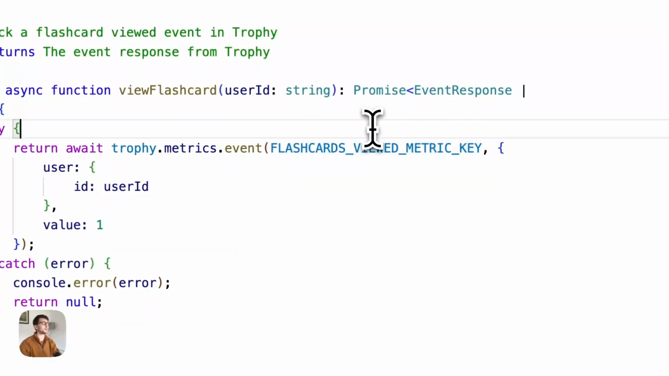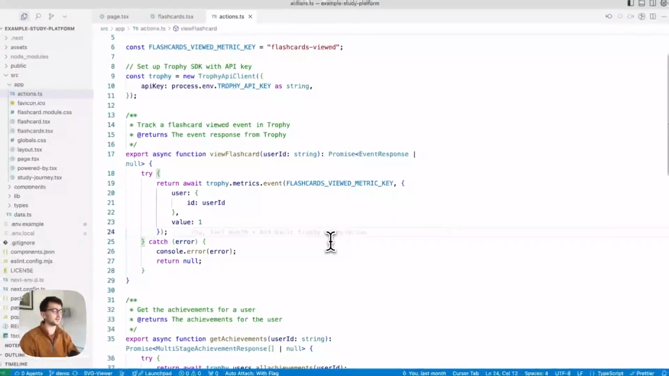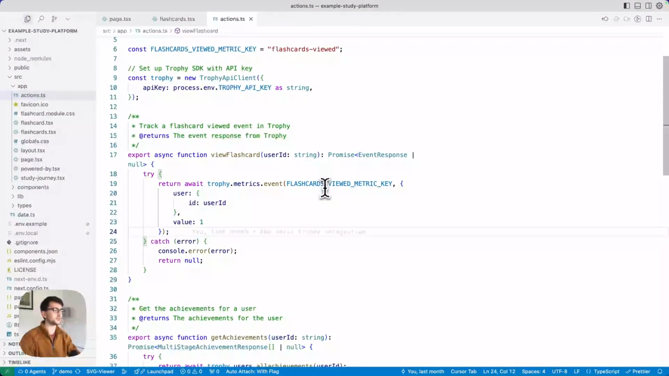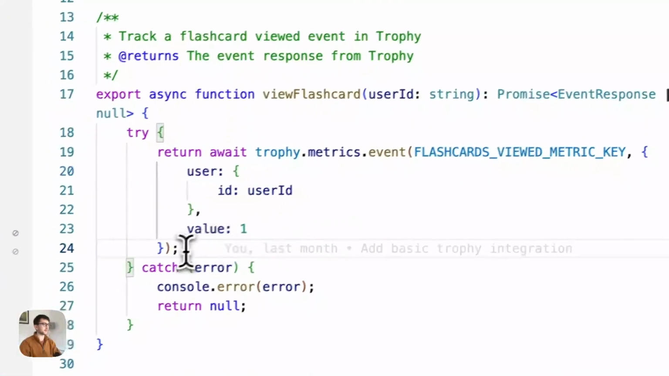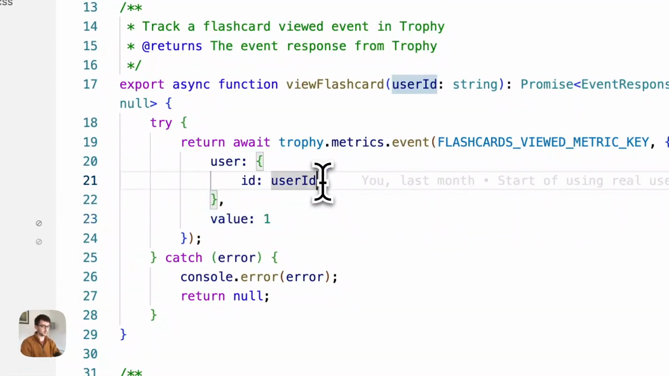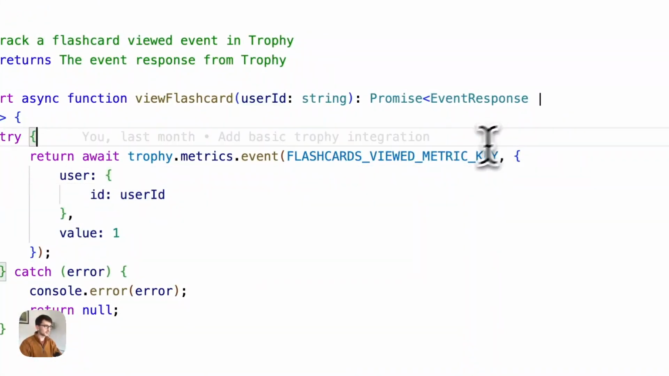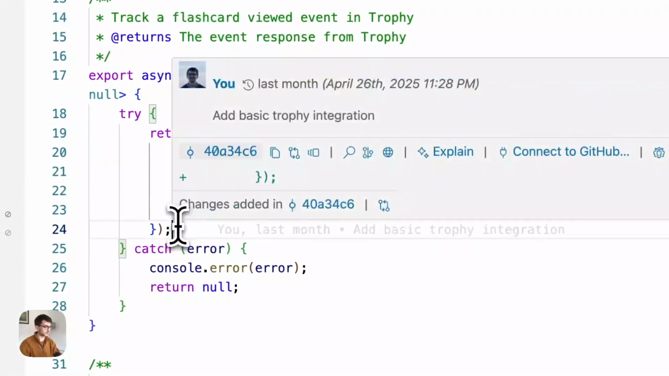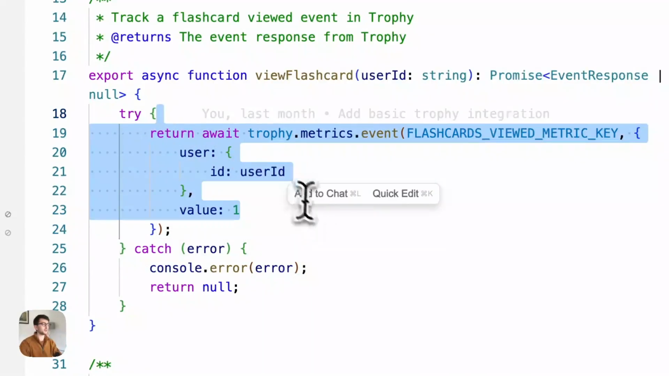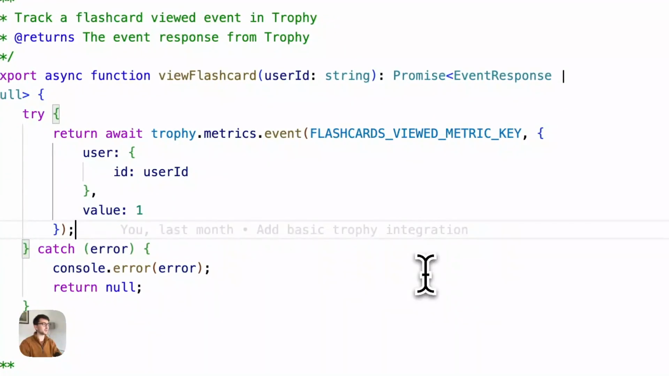A metric is a very unopinionated tool to track any kind of user interaction. And they kind of form the building blocks for the achievements that we set up. So every time that I view a flashcard, we send out an event that says that I viewed one, passing along the user ID. So that's what's happening behind the scenes. Trophy is doing all of the calculations for the achievements, which is based on this event stream. It can calculate who's achieved what based on any user interaction you like, and all you have to do is